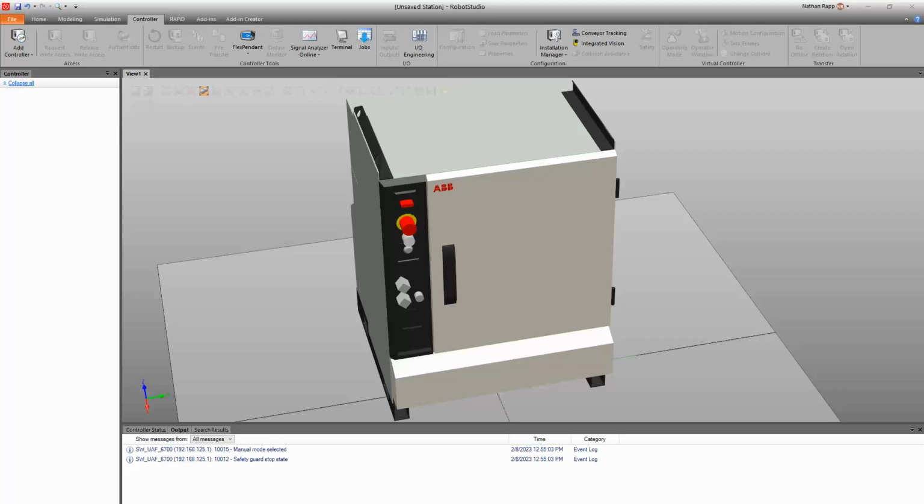Before we can start programming, we need a robot to program on. If you're connected to a real robot, then we can just begin programming with RobotStudio on the real controller. If we don't have a real robot, we can still continue to write code and build configurations by working with a virtual controller. So to show you how to do that, I'm going to go over here to Installation Manager